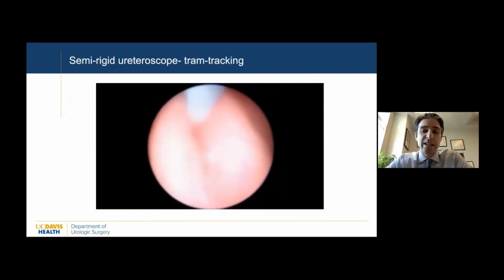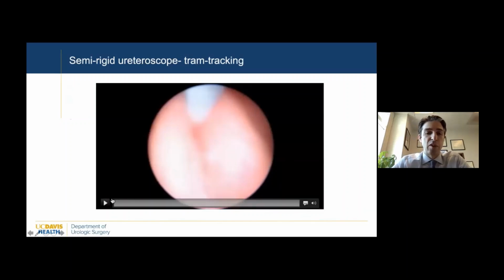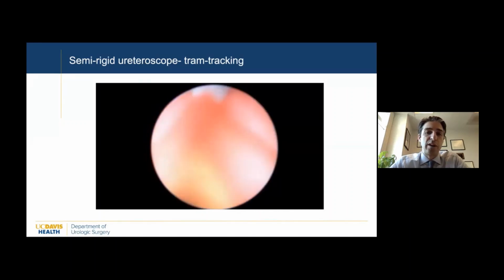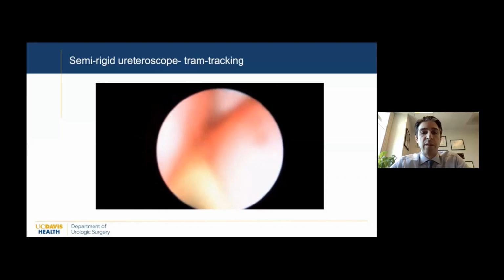A nice technique when doing semi-rigid ureteroscopy: I don't do a lot of balloon dilation of the ureter. So if I can't get in on the first try, then we tend to do what's called tram tracking, where you feed a second wire. In this case, we see a Benson wire going into the ureter as well. The goal is to split the difference between the two wires. Obviously, you want to hit right in the middle. In this case, you'll see that I slipped around